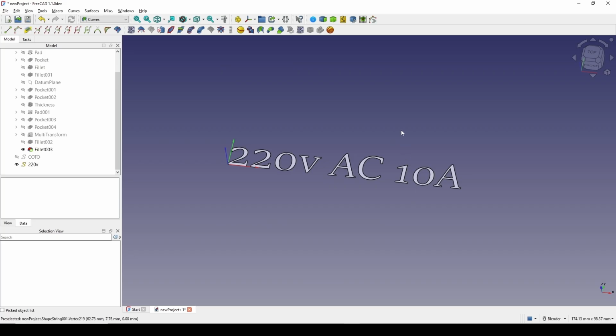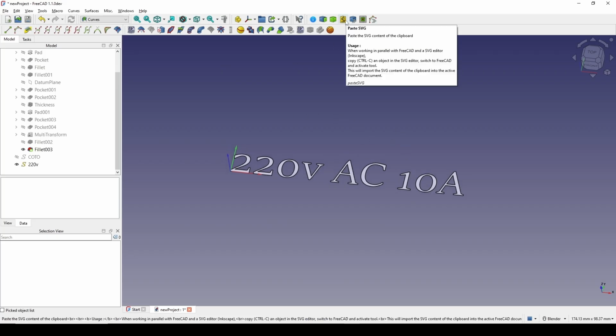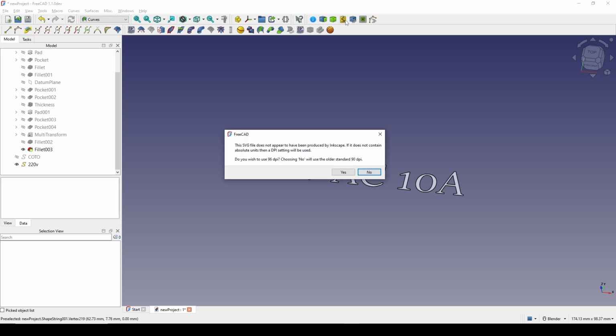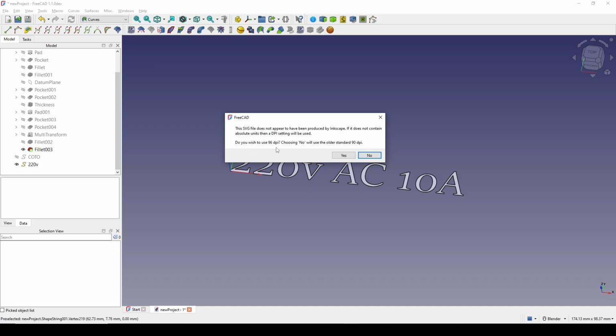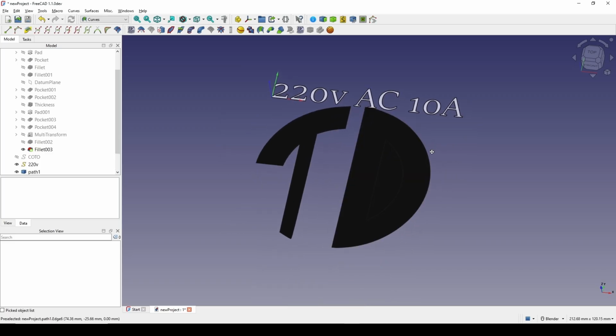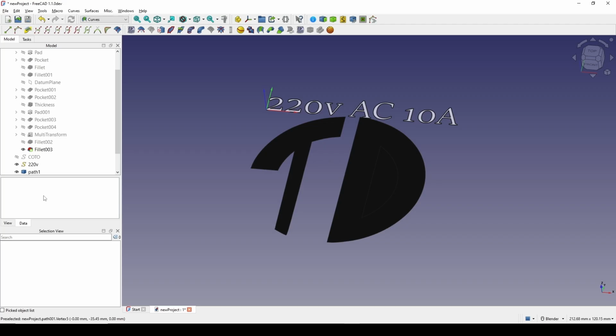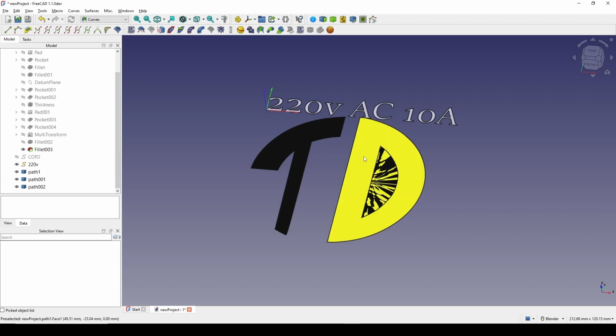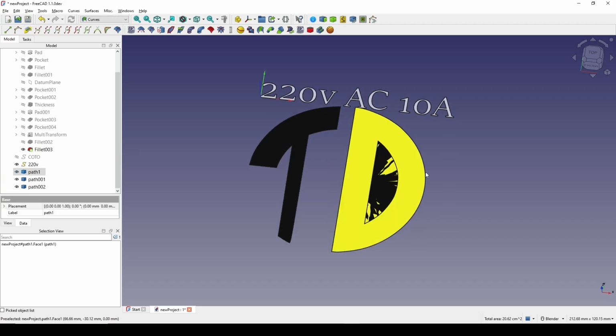Okay. In the Curves Workbench, you come over here and select the Bad SVG. Just click on it, and I choose no because I want to use the 40 dpi. This one is good for me to do the Boolean operation. Click no. All right, so this is what we have,